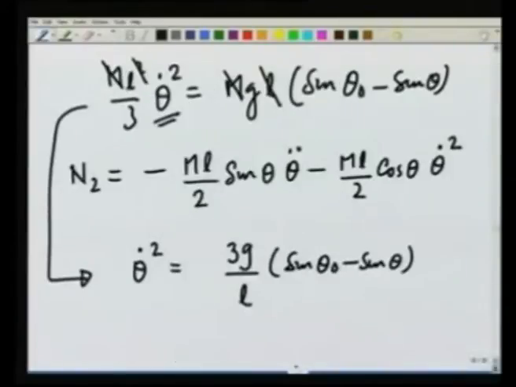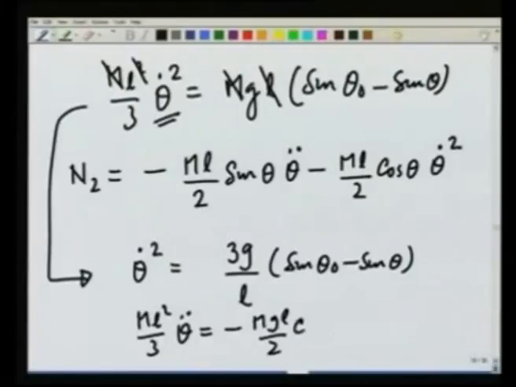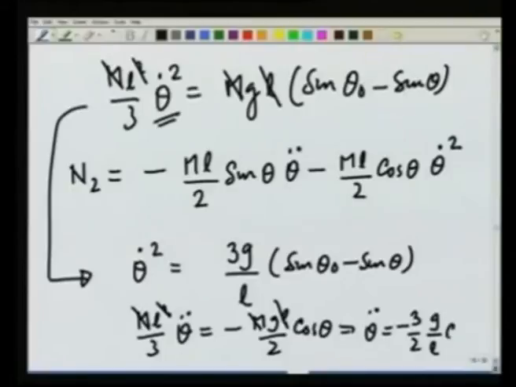Let us write that m L square over 3 theta double dot is equal to minus m g L over 2 cos theta, m cancels, gives me theta double dot is equal to minus 3 divided by 2 g over L cosine of theta. Substituting these in the expression for N2 here,